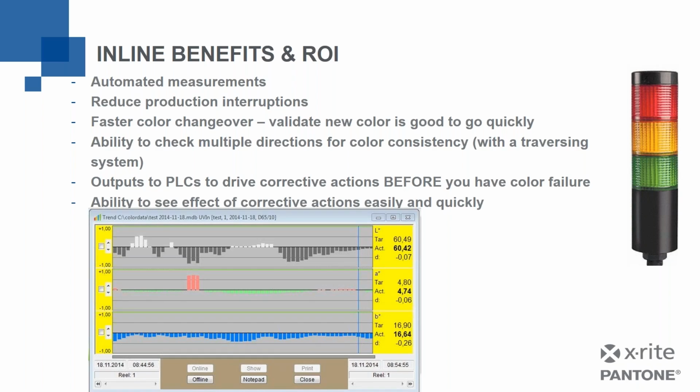So I'm going to show you another picture here from the software. So this is another trend of measurements, and you can look across and see, for example, the 3 red bars right here where my color was a little bit on the green side, and all of a sudden something happened and it went red, okay, for 3 measurements. Well, that probably was in a yellow state on my light, and it could have triggered me to do something to bring it back here before it got all the way up here. You see this green line at the top, that would be 1 unit, and maybe 1 unit is my limit, but I got notified when I got to over half of that number, above 0.5, and it's driving me to a correction. Same thing with the light or dark or the